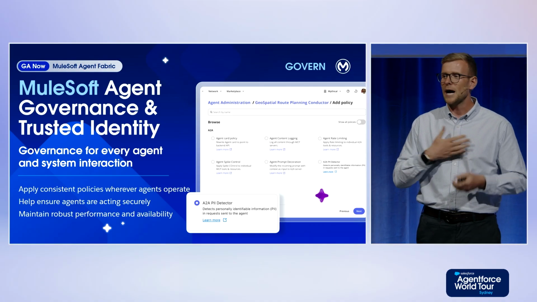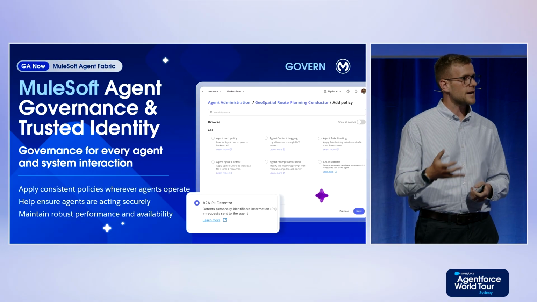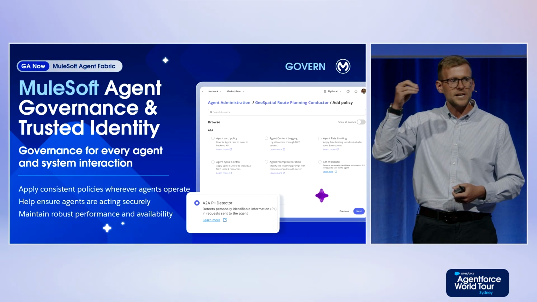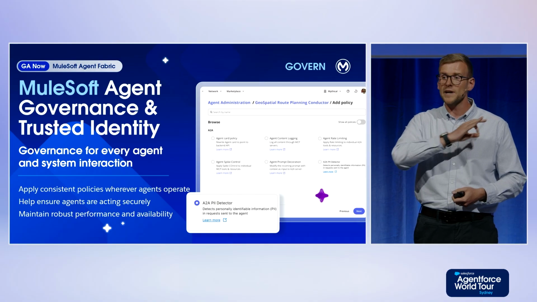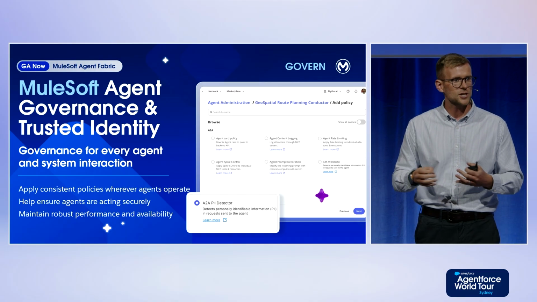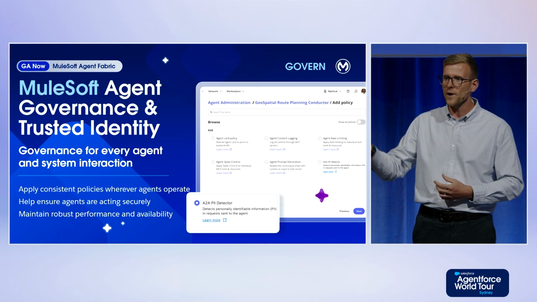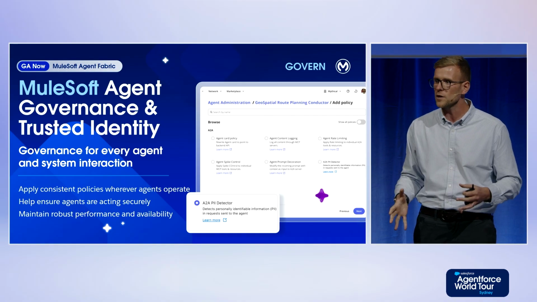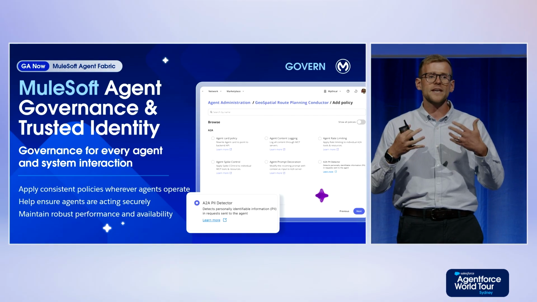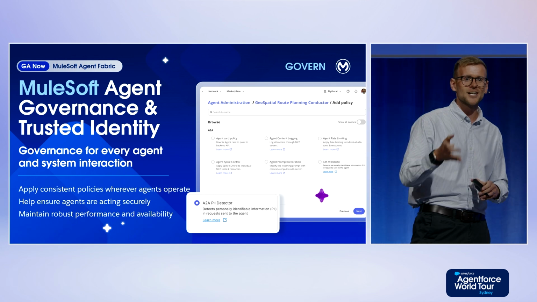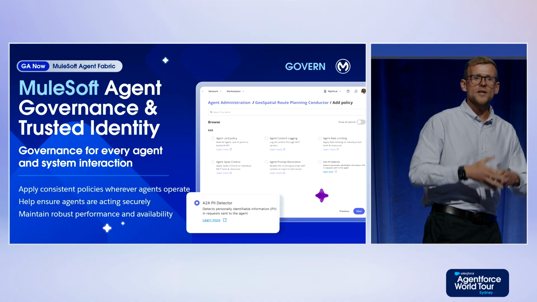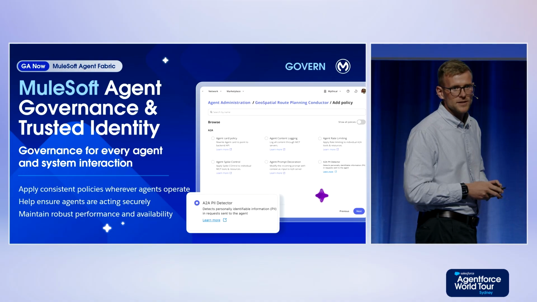So for example, I'm a team leader, an employee agent might give me more information than it might to an individual contributor. This is a really hard problem though at scale, which we've now solved. So we call it trusted agent identity. And this is where it's authorizing who the user is and then actually delegating that authorization to any other agents in the task so that the responses are personalized to who they're meant to be. So again, a really hard problem that you can now scale with agent governance.